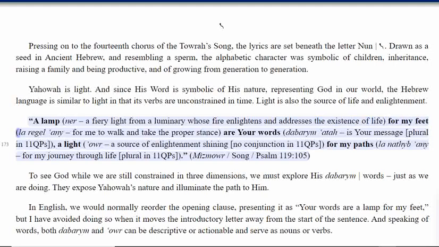For my feet, la regel eni, for me to walk and take the proper stance, are your words, dabarim otter, is your message, plural in 11 qps, a light, or, a source of enlightenment shining, no conjunction in 11 qps, for my 173 paths, la nathib eni, for my journey through life, plural in 11 qps. Mizmowr, Song, Psalm